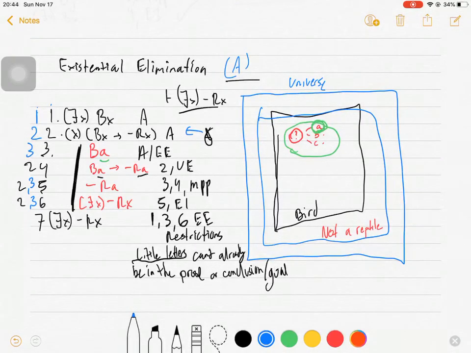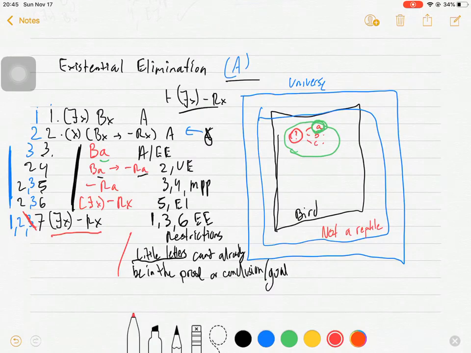So notice that here, we're not citing 1 at all for the entirety of the subproof. We only cite 1 when we close out the EE assumption. We write down a 1, we write down a 2, we write down a 3, and we have to discharge the 3. The 3 is an assumption for the sake of EE, and at the end of the day, we only want assumptions that were the original assumptions to be left standing. So this is how you would end up doing a proof using EE, even though what you're doing is proving an EI statement.